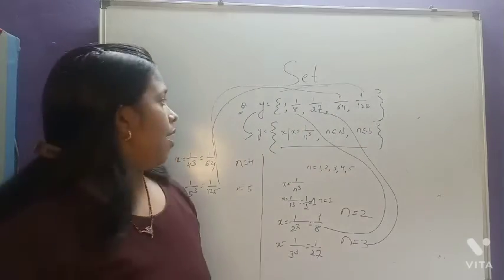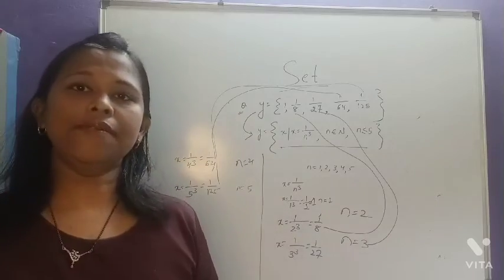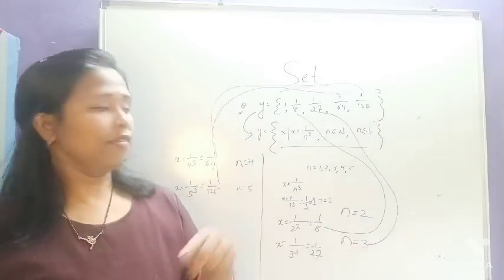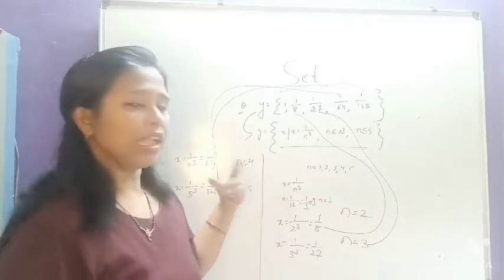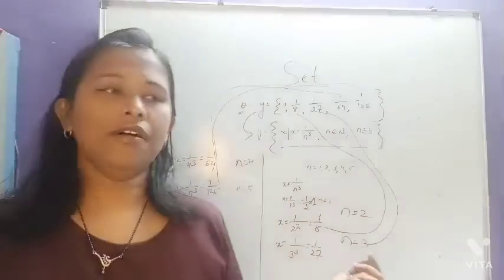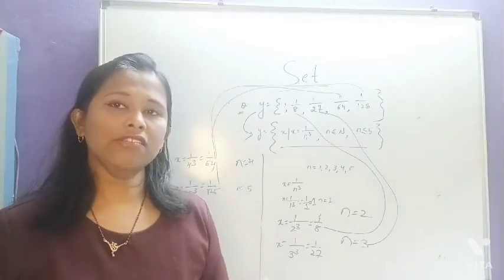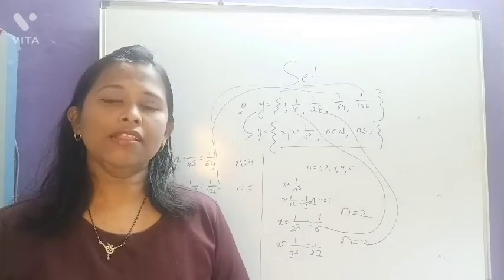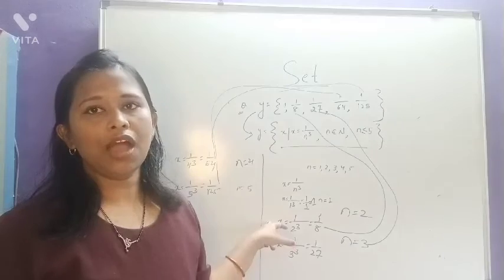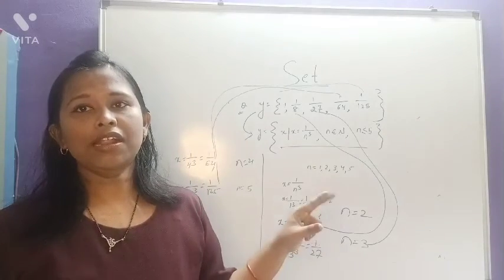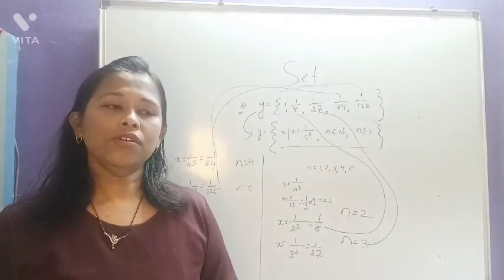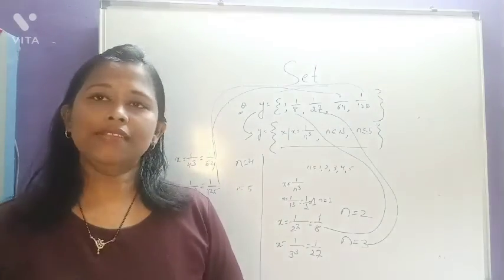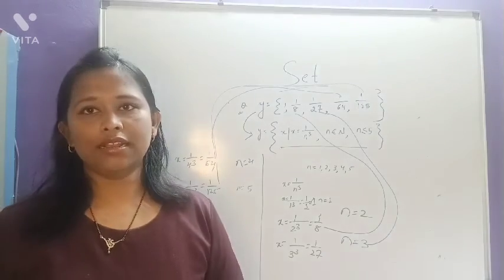So this is the conversion from listing method to set builder method, and from set builder method to listing method. This lesson is how we can express sets in these two methods, the concept of set theory, how we represent the elements, and what the rules are to represent them. So these are the things. In my next video we will see the types of sets. Okay, thank you.